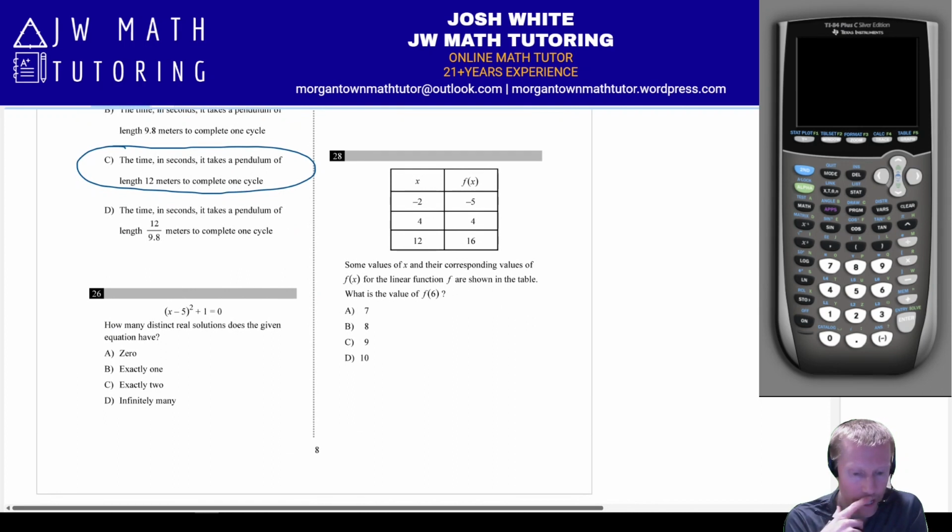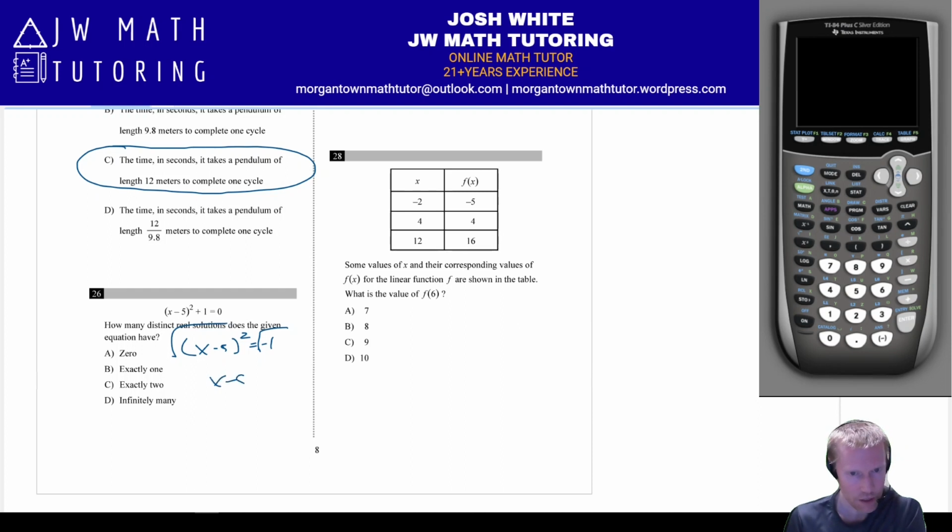All right, below that we have an equation, and it asks us how many distinct real solutions does it have? So the answer for this is going to be 0. Now, the traditional way to solve this would be to subtract the 1 to the other side, and then you can go ahead and do the square root property, square root both sides, because the left side's now already factored. And you get x minus 5 equals the square root of negative 1, of course, plus or minus. But the square root of negative 1 is just defined to be i. So at this point, you should hopefully notice that this does not have any real solutions. It will have two complex solutions, 5 plus i, 5 minus i, but it will have